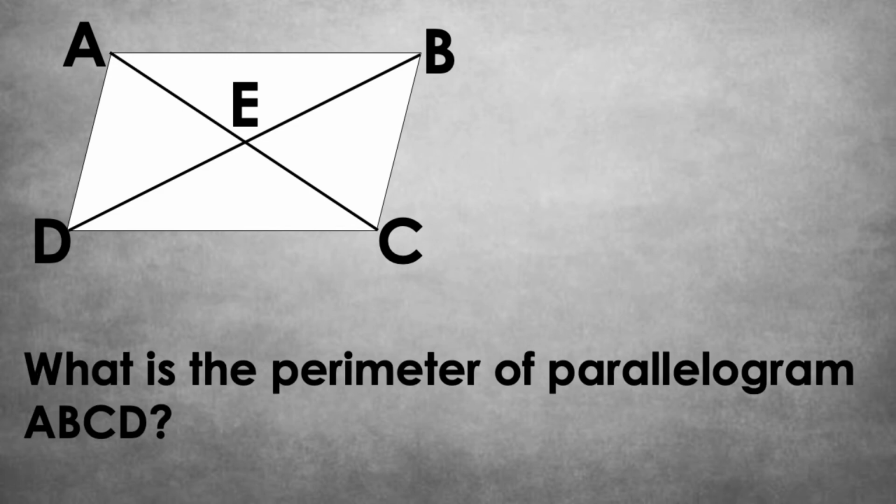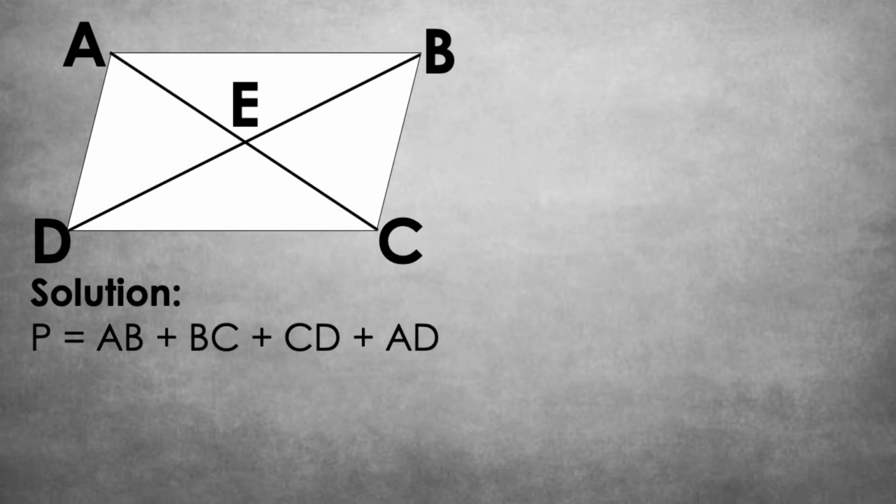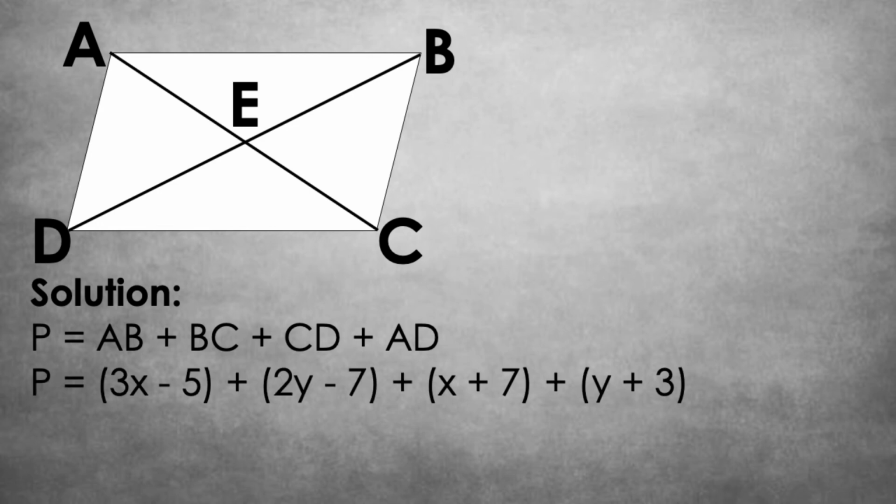Third, what is the perimeter of parallelogram ABCD? Since the perimeter is equal to the summation of all sides, therefore we can have perimeter is equal to line segment AB plus line segment BC plus line segment CD plus line segment AD. Substitution, we will obtain 3x minus 5 plus 2y minus 7 plus x plus 7 plus y plus